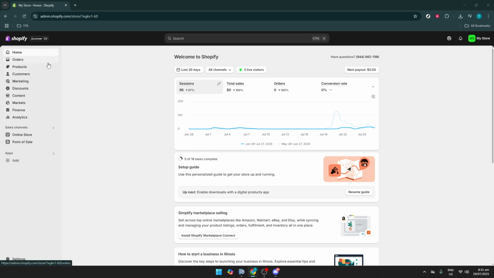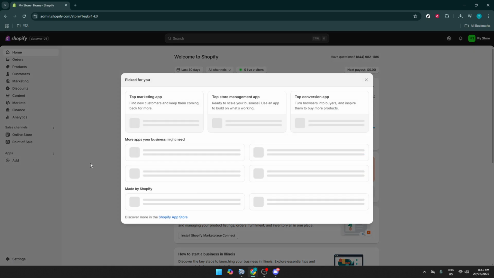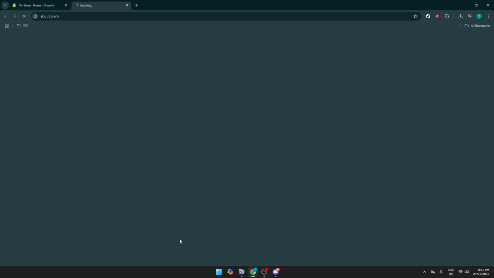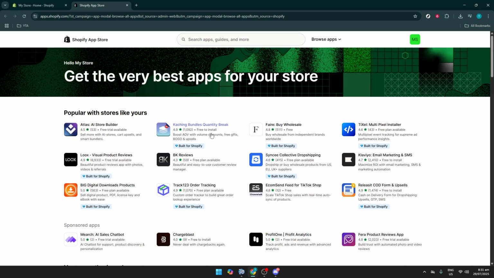steps to take next. Next, you'll want to visit the Shopify App Store. This marketplace is a treasure trove of applications designed to optimize and enhance your store's functionality. To get there, look for the Apps section in your Shopify admin and select Shopify App Store. Here you can explore various categories of apps, each serving different purposes from marketing and customer support to inventory management